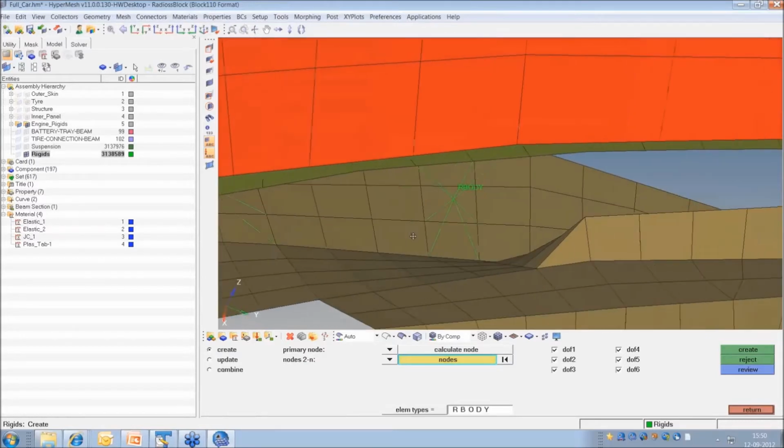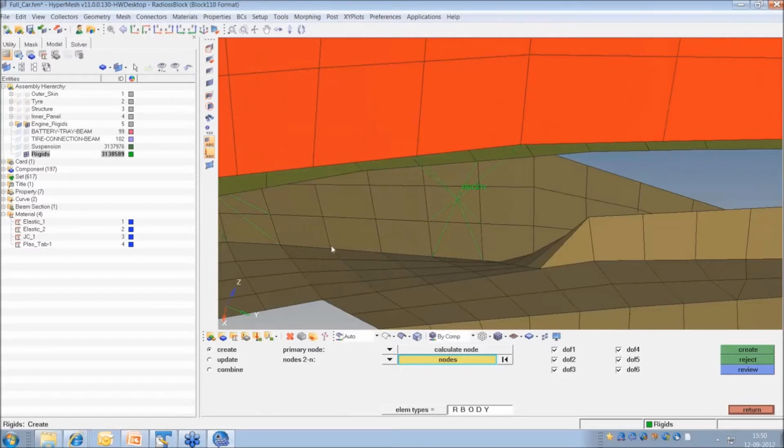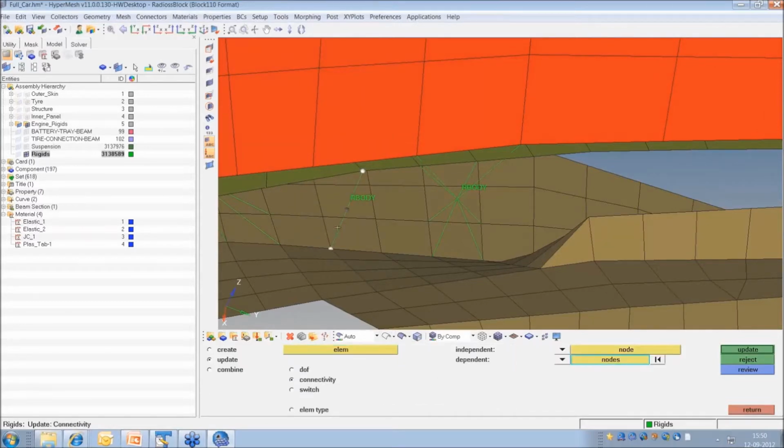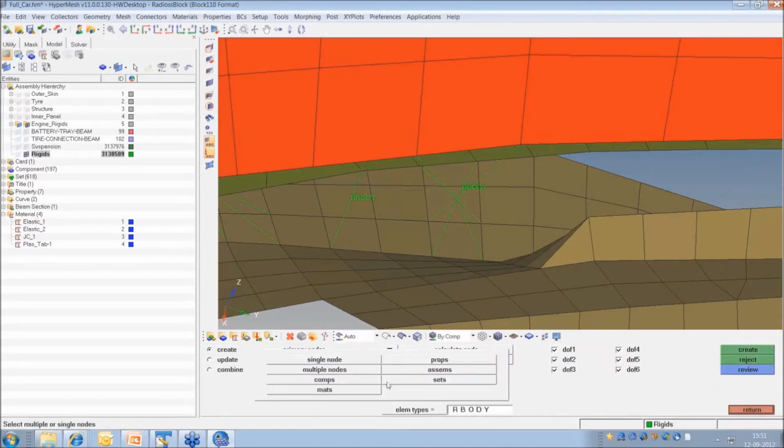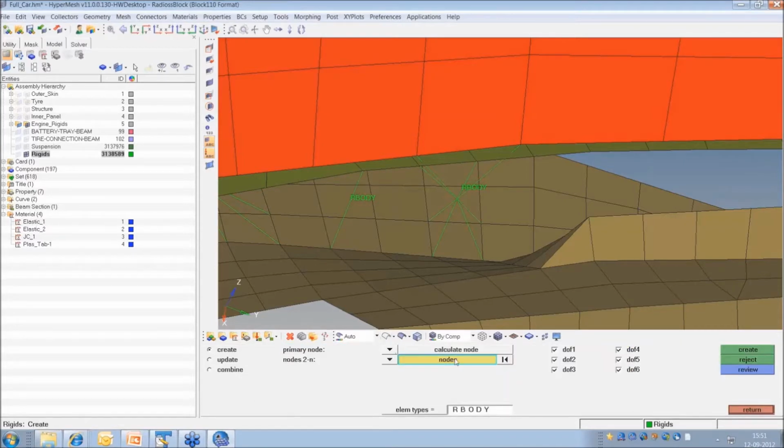Even if you are creating a rigid between two nodes, let's say you are creating a rigid between this and this, create. Still you have to use this option only. Why? Because now if I say connectivity update, my independent node is totally independent. It is not connected to any of these nodes, and that is how it has to be in Reduce. So keep in mind while creating a rigid, it may be a two-leg rigid, something like this, or it may be a cluster. Always go with the option multiple node and calculated node.